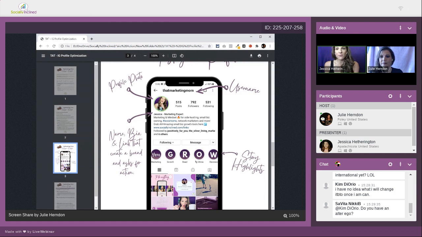And very simply, you're going to come right out the gate and say what you offer, who you offer it to, and what those that are interested need to do next. That is the magic formula, and that's what this bio is going to do.